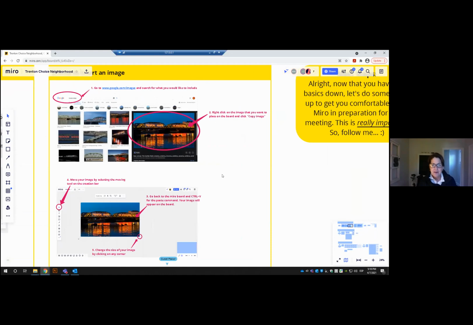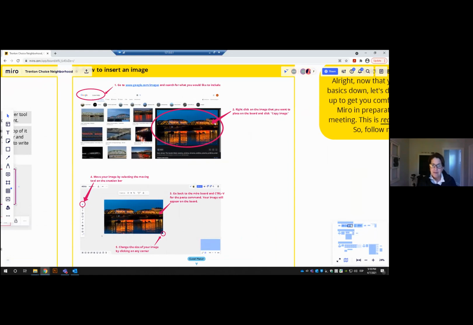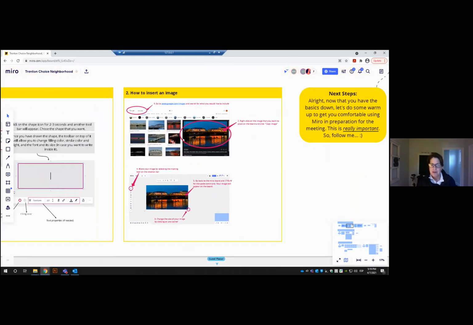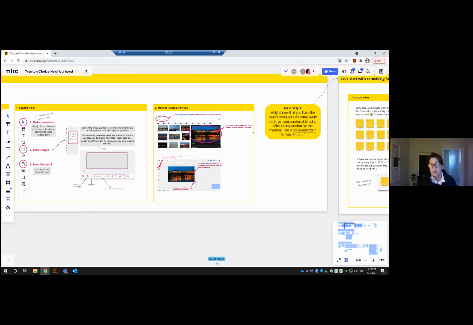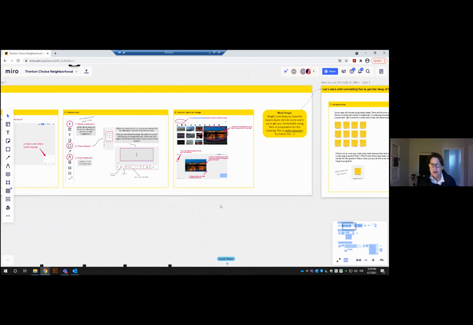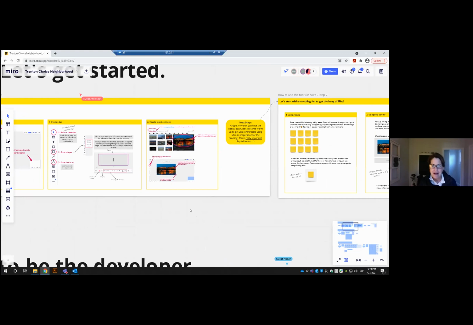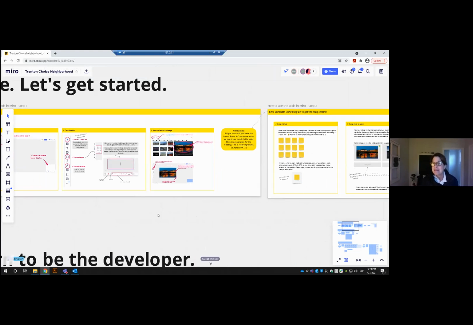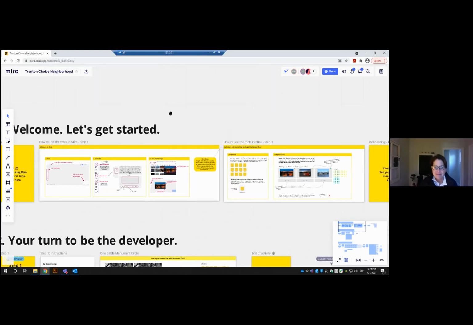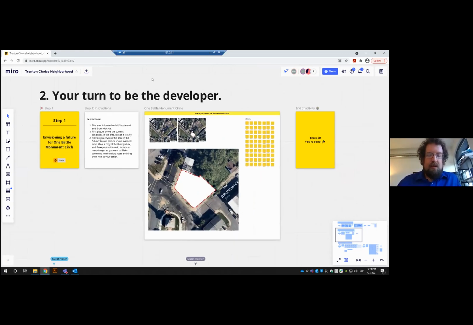And if you're in the Miro board, there are all kinds of directions that we've shared with you, which Bea is showing you right now, on how to use these basic tools. So those are also all included in here. But this is a little overwhelming and not meant to be confusing or frustrating in any way. So we'll walk you through the exercise so that everybody can participate. Thank you, Stacy. That was helpful.